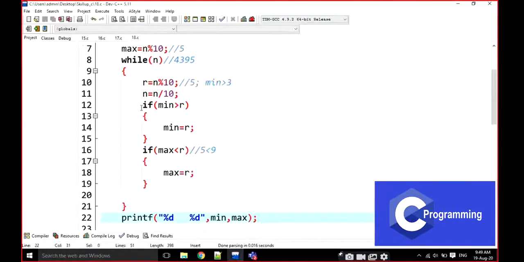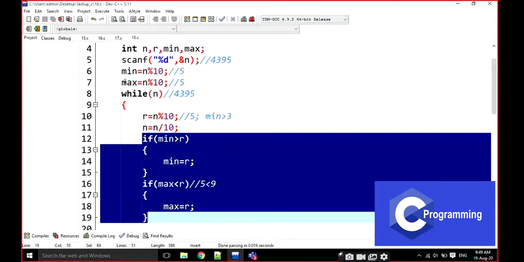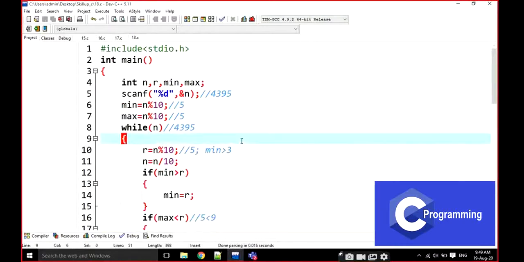Is it clear or not? I am writing 2 conditions. Before the 2 conditions, I am going to take the last digit as a minimum value and maximum value also. Note it down, everyone. Simple programs, when we are going to deal with a number, we are going to write all these lines.